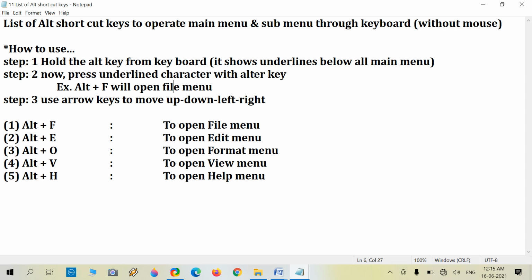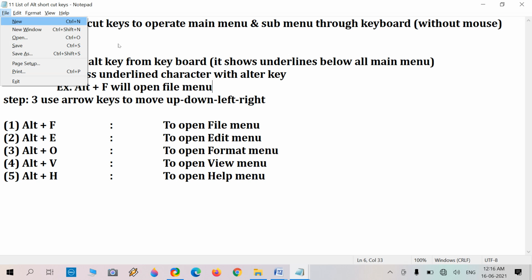menu. Now again I'm reusing this, pressing the Alt key and it generates the underlined characters. And now for the first main menu, file, I'm pressing Alt with F and it will open the main menu.